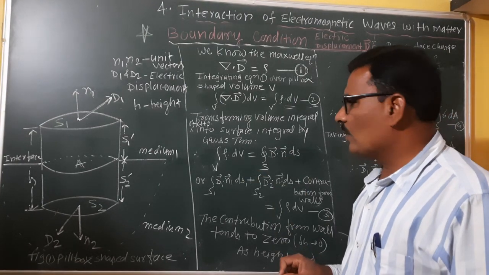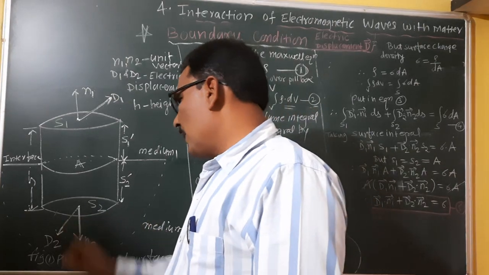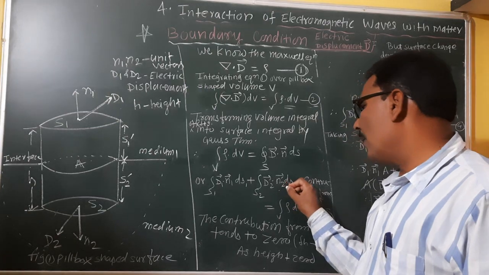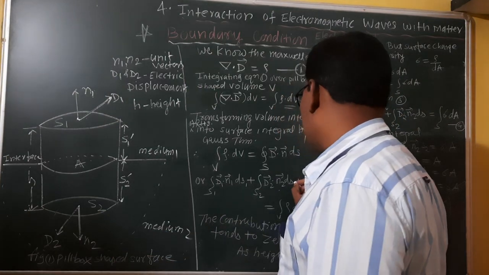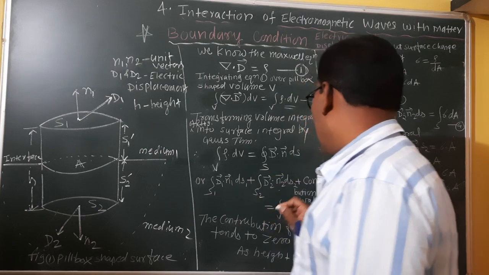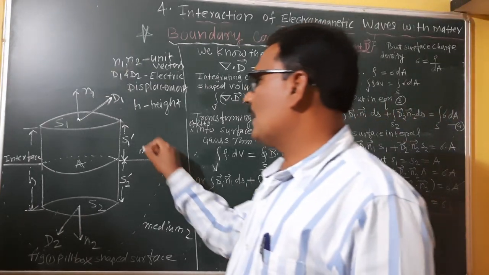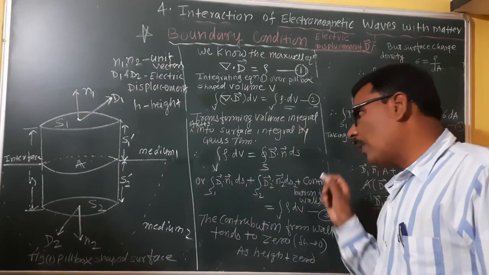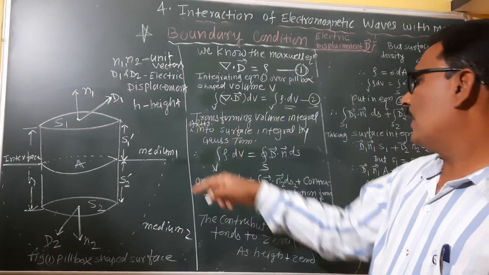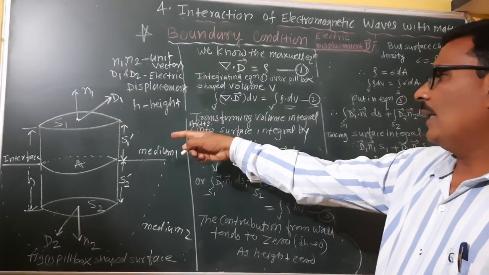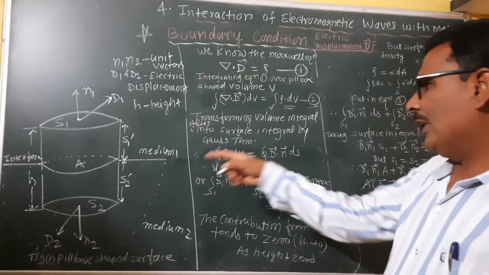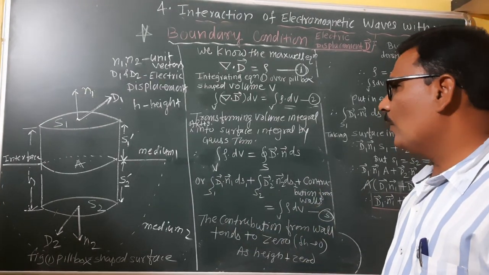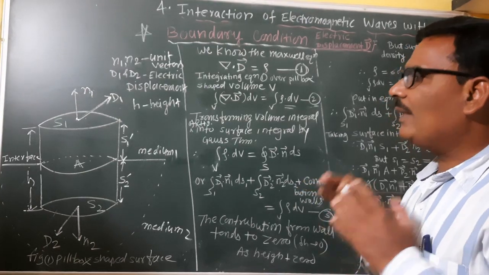Now, the bottommost surface has the displacement vector d2 bar dot n2, the unit normal vector, into the surface element ds2. And the contribution between the walls, this is S1 dash and S2 dash, has one more formula: the surface integration of d1 into n1 ds1 dash and d2 into n2 ds2 dash. But the contribution for the walls of the integral vanishes, because